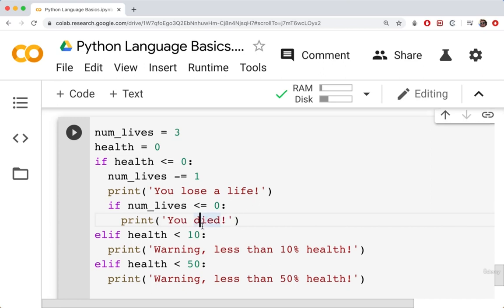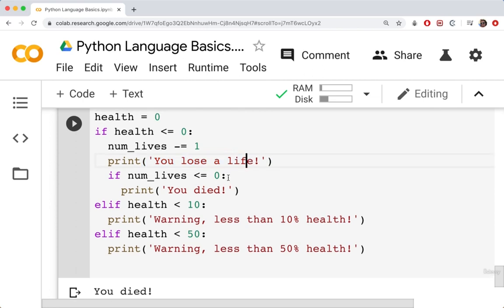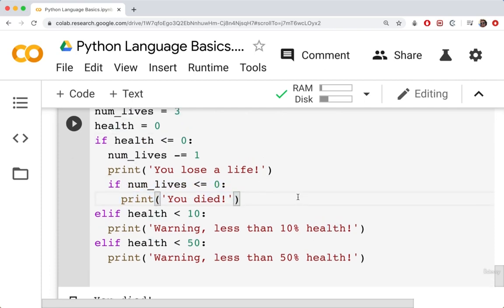Okay, so this makes a bit more sense. Technically, we're not dying. Well, within the game, we're not dying if we reach 0 health, as long as we have some lives left. But if we have 0 health and we have no lives, then of course we died. So in this particular case, it actually makes sense to nest our if statements, because we're executing code before we're